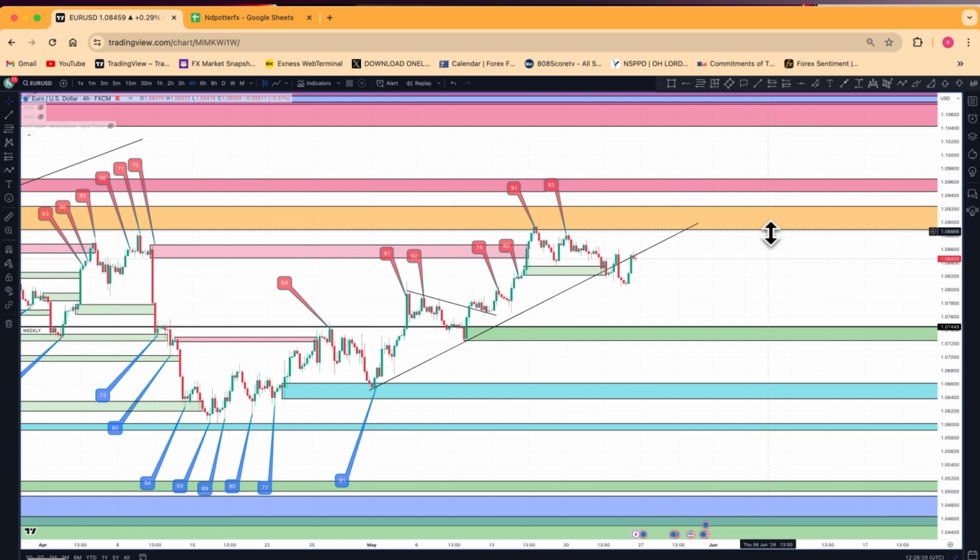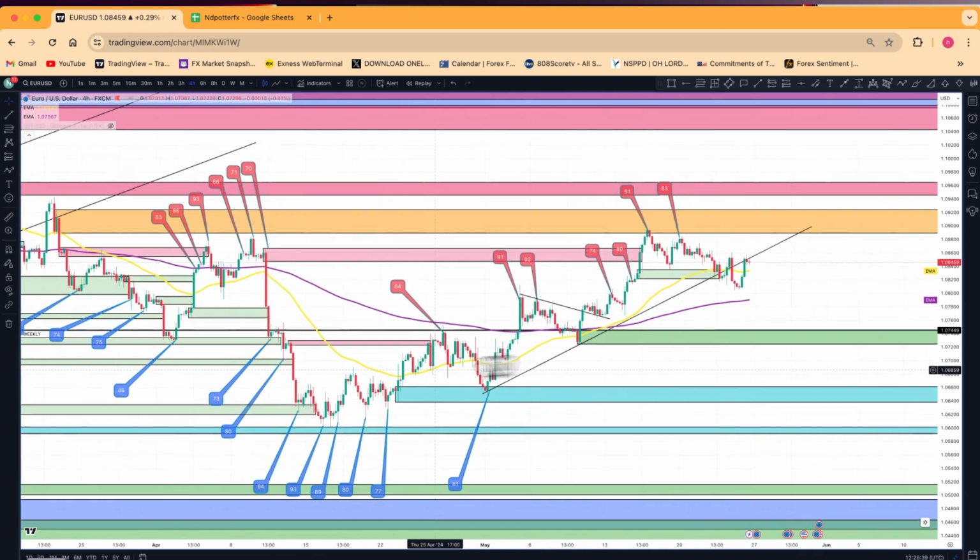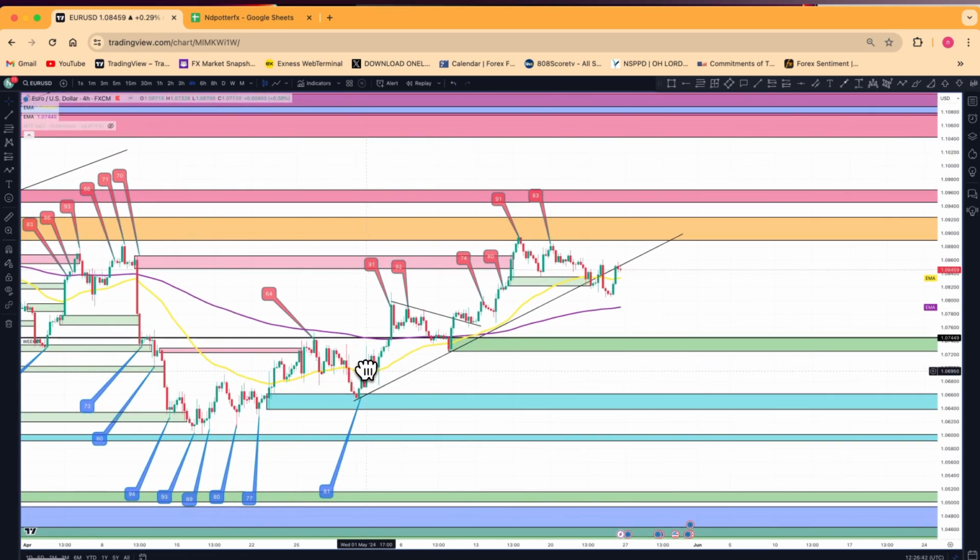And guys, I want to quickly add one thing for you. You can always use EMA 50 and 200, and let me put them on my chart. Okay, you see that when EMA 50 and 200 are above the candlesticks, the market drops. When EMA 50 and 200 are below the candlesticks, the market rallies to the upside. So you can always add this to your trade, but I don't use